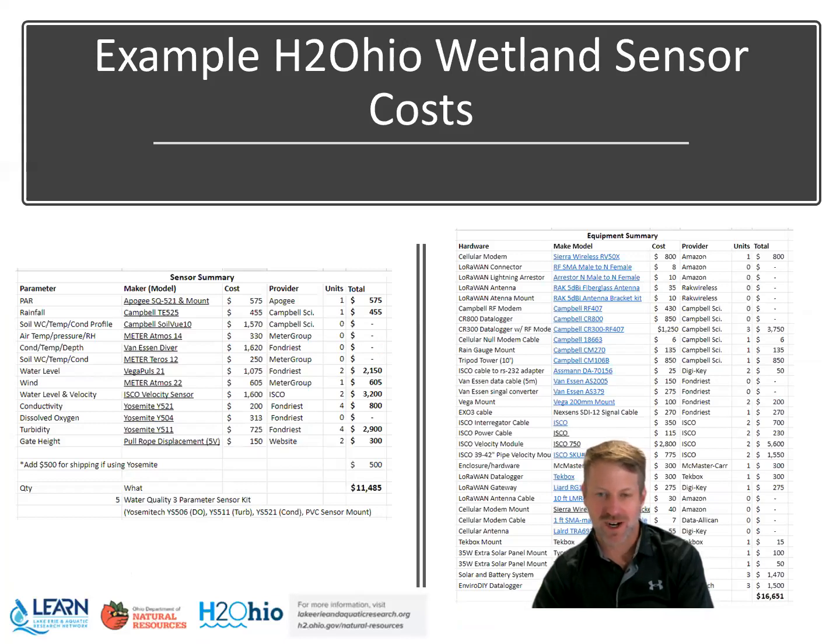You also have to consider cost. So from that last slide, we transition to this matrix of, well, how much does each sensor cost? What are all the little pieces, cables, antennas that we need here, so we can kind of see the sensor summary on the left, some of the equipment summary on the right. And it's difficult, you can't quite say what would the sensor suite look like if we're doing non-real time. I think we can calculate, it would certainly be cheaper, but it's hard to gauge that value of that real-time